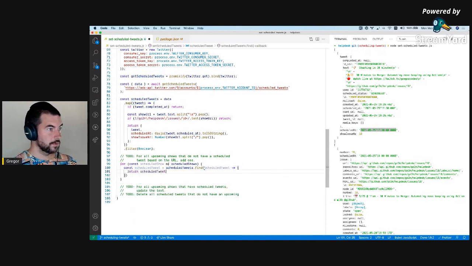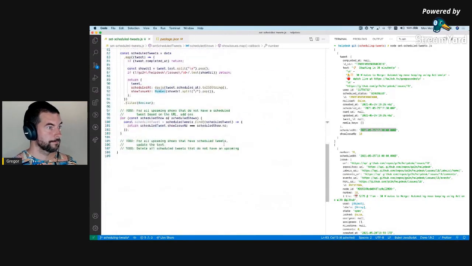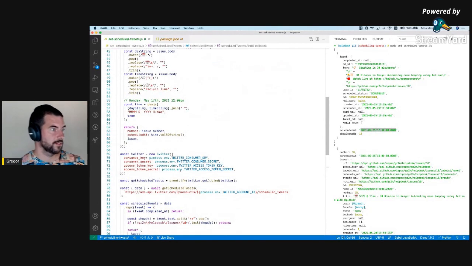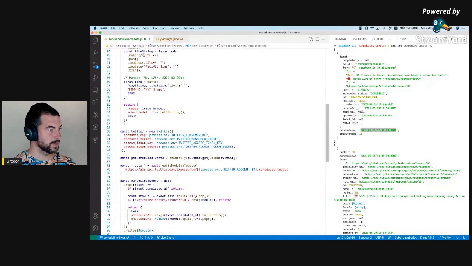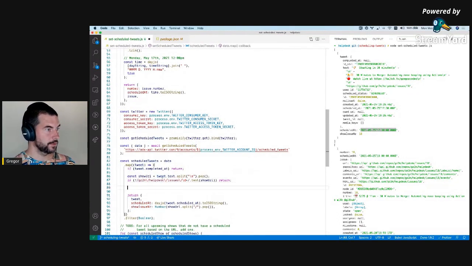And then return scheduled tweet, show issue number is scheduled show issue, no, just number, I think. Okay, and we need to add the type of the scheduled tweet as well. So not only tweet schedule issue type, but also,